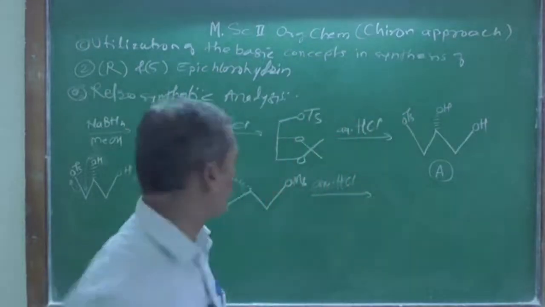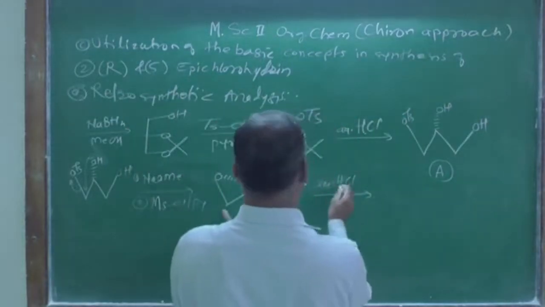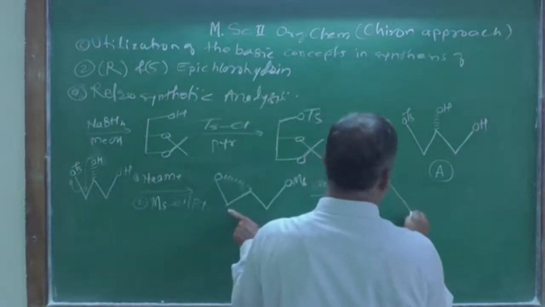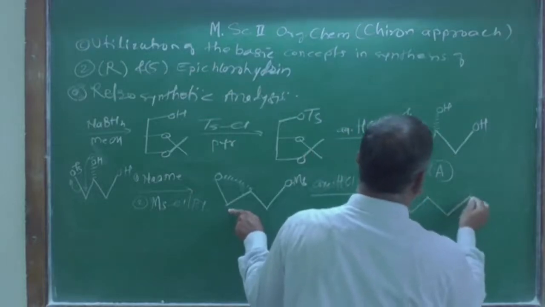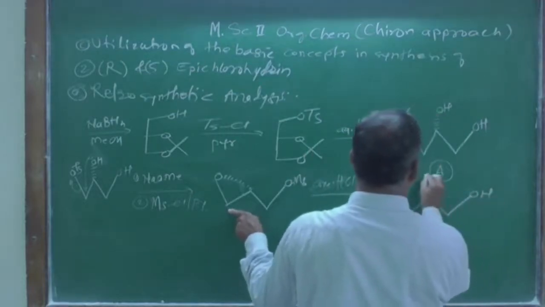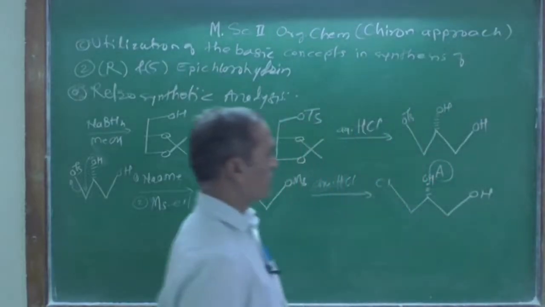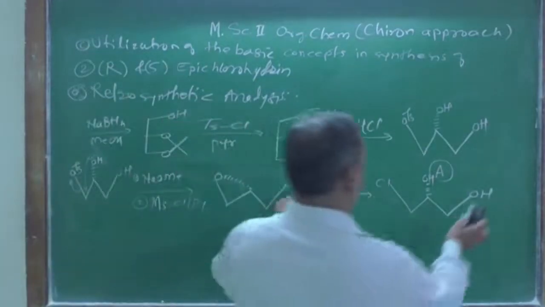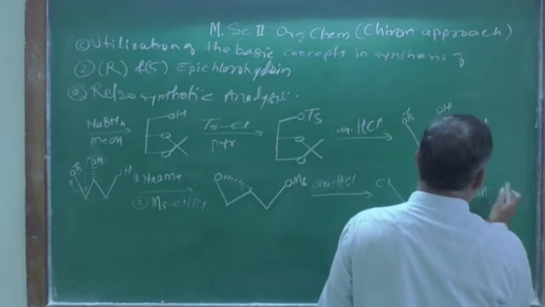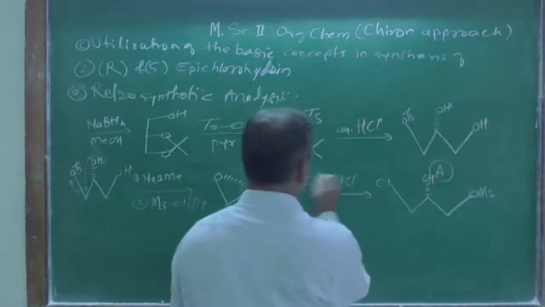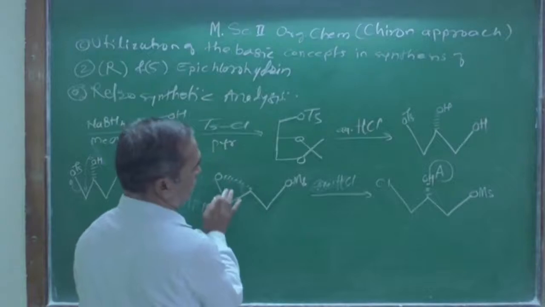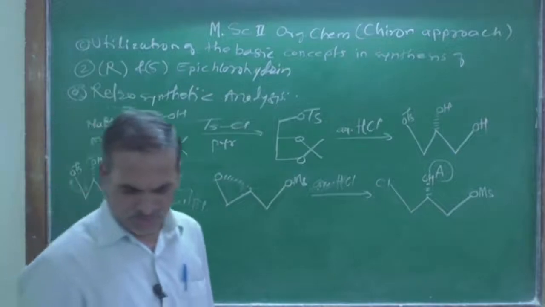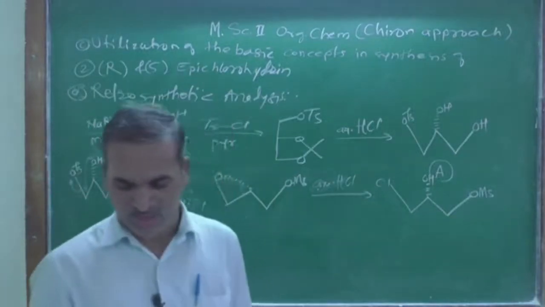While studying the mechanism, we will see later on, but here with concentrated HCl, Cl- attacks here and the epoxide gets opened, so that you are going to get this species as it is. Here is an OH and this OH over here. This is the type of compound we are getting, and here the OMs remains as it is. This remains OMs, because due to the concentrated HCl, this epoxide gets opened and we get a product like this, and this is further treated with NaOH in presence of